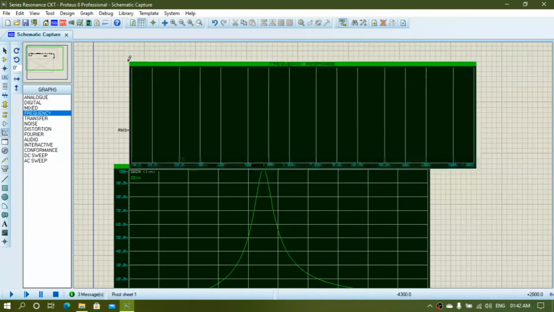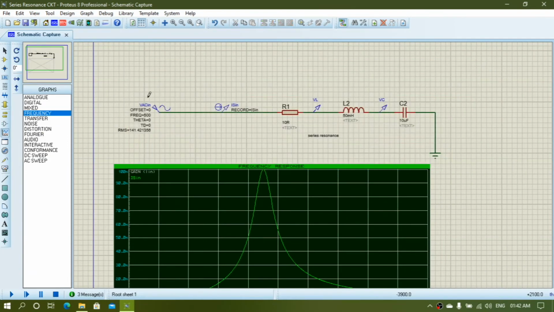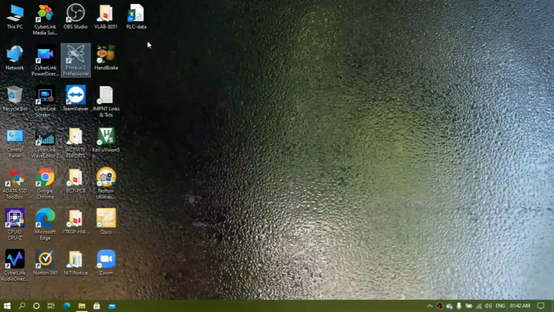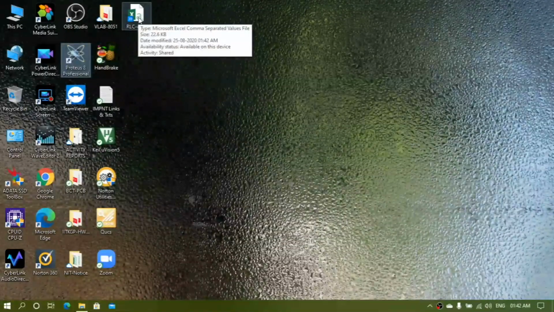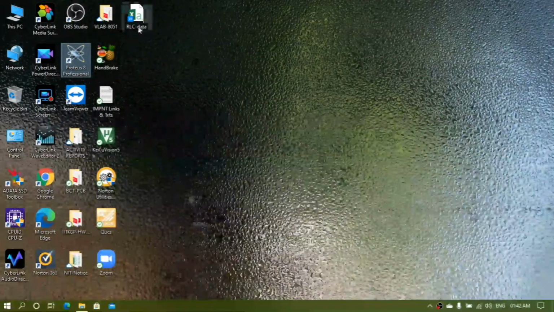You can save your project by this save tab, and close it down. Now you will find one file has appeared on your desktop, RLC data.